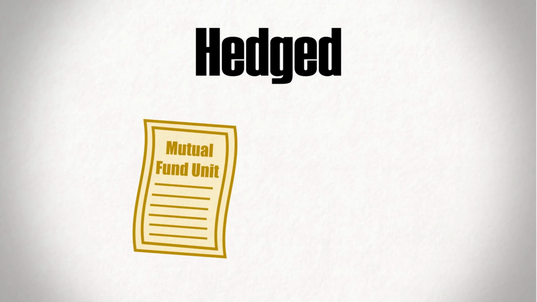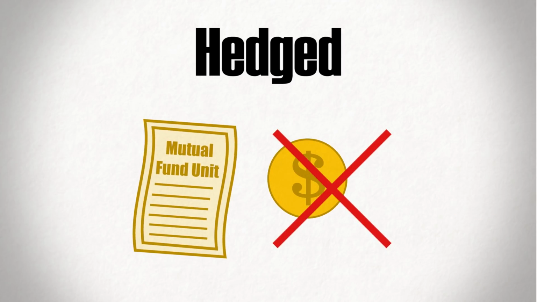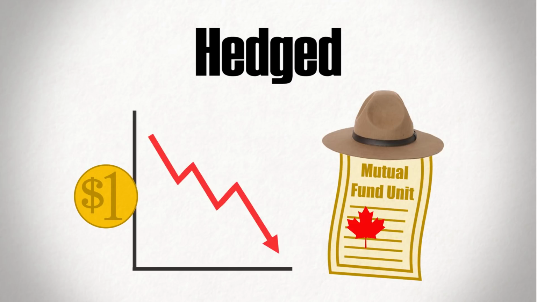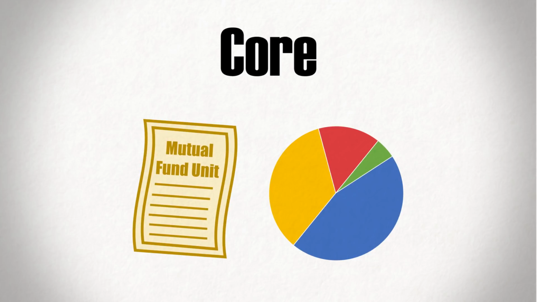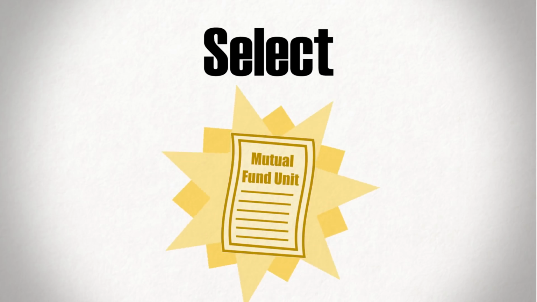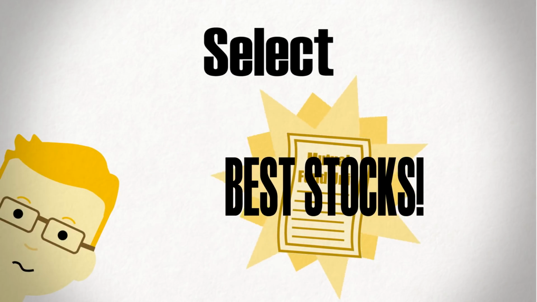These keywords and codes are pretty common in the field of mutual funds and ETFs. But there are a few other terms sometimes tossed into the mix that are worth mentioning here as well. If you see the term hedged, for example, it typically means that the fund has eliminated to some extent the impact of currency fluctuations on your investments. So your Canadian equity fund won't see a direct impact from currency fluctuations seen by the Canadian dollar. The word core just means that the fund holds a complete portfolio that focuses on essential long-term positions, while select is sort of a buzzword for the best stocks, which arguably every mutual fund should include.